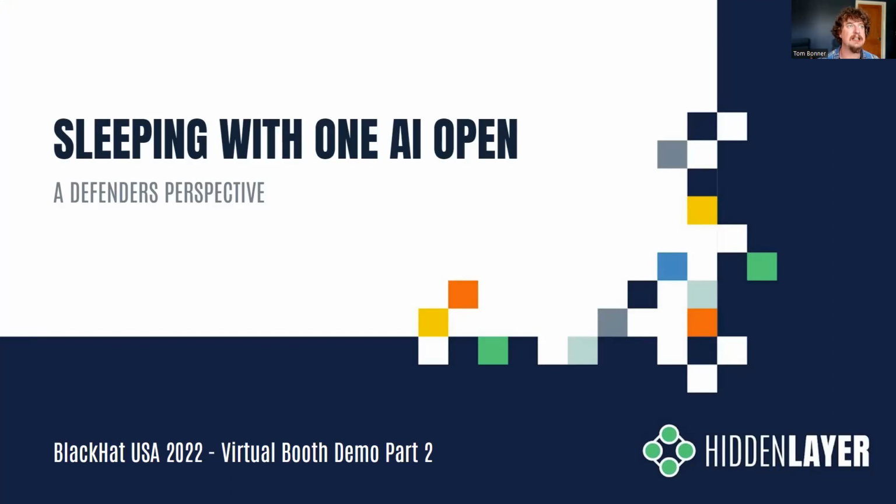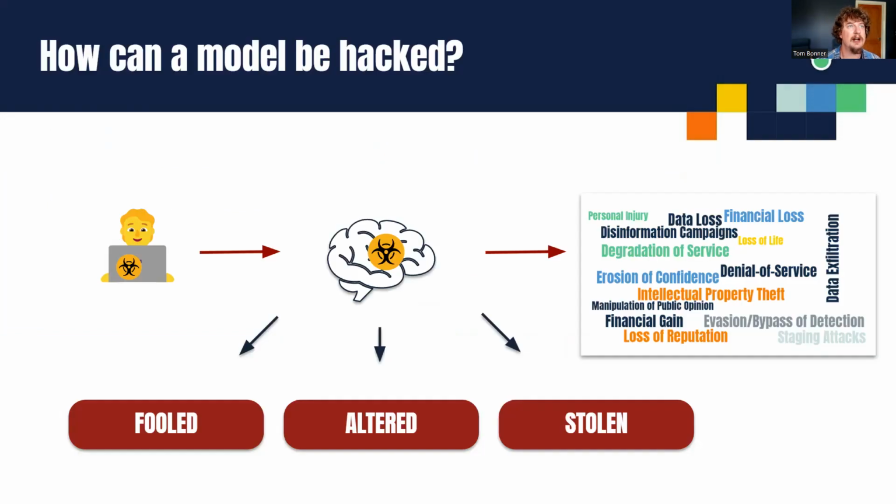your precious ML assets. In our last presentation, we introduced three different forms of attack on machine learning models from a high-level perspective: fooling a model into making a wrong prediction, altering a model to make it biased, inaccurate, or even malicious, and replication of a model, essentially model theft. While these describe what is done to the model during an ML attack, what, if anything, could be the potential fallout or consequence? Well, the answer depends largely on the placement of the model.